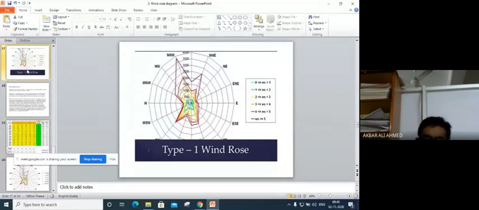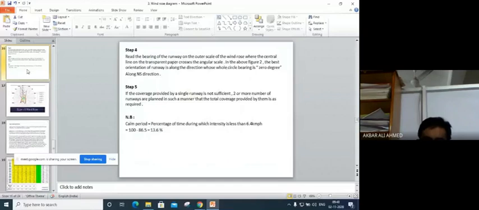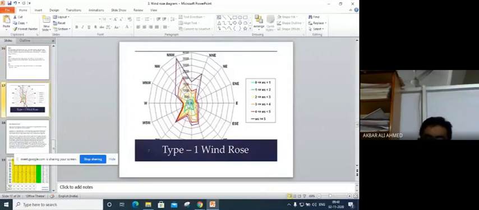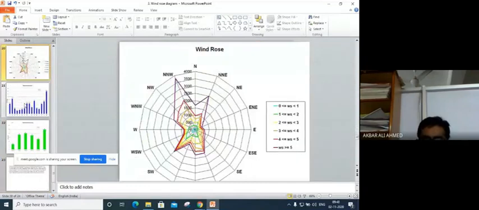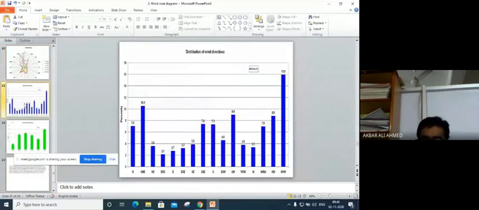These things I have given you only for your understanding, otherwise they are not required for the exam. From here on, you are not required for the exam. For the exam, your solution is over up till here. The type 2 Windrose diagram solution is over. From here I am just giving you some practical experience. Here they have plotted in Excel, and you don't have to do this. What I'm showing now, you don't have to do. So they got the Windrose diagram like this.